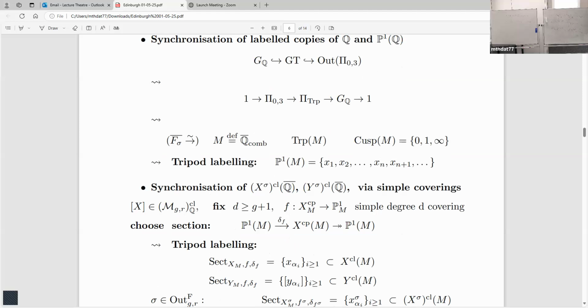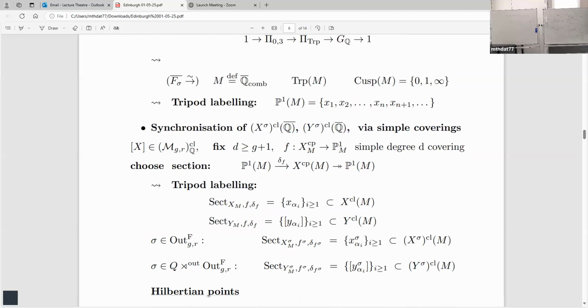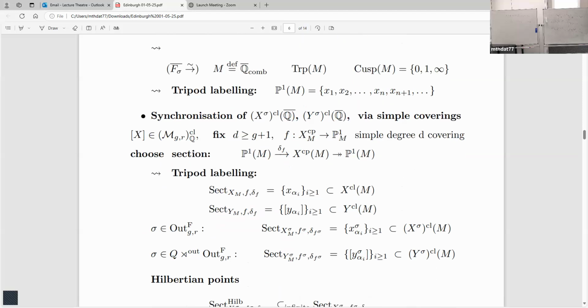So we can take just coverings to P1, but there are various coverings. So the most simple coverings are the simple coverings, right? In the well-known terminology. So if you go back to the construction that I discussed, for such an X, we fix a D which is bigger or equal to G plus 1. So for such a D, you can always find a simple degree D covering of the compactification of X above